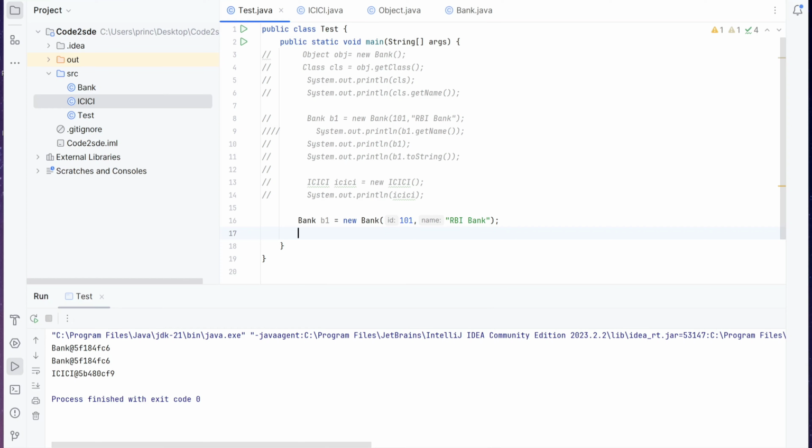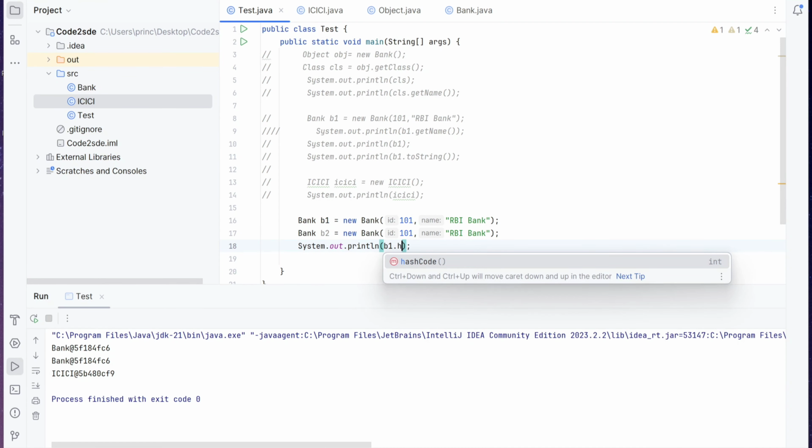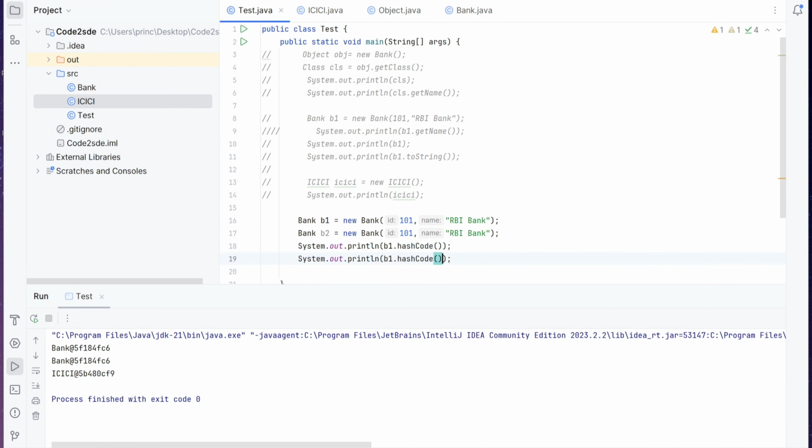I will also create one more object with the same values, that is b2. The instance member variable values I have set the same. Now I'll try to print the hash code for both of these objects, b1.hashCode and b2.hashCode.